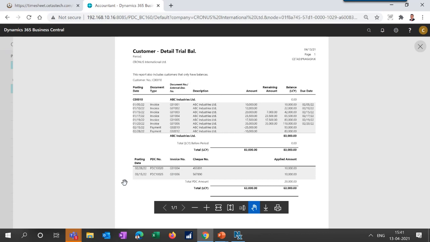Underneath, we are printing the PDC information available for this particular customer. So at any point in time, you will be able to track the total outstanding, the PDC available, and the final amount which needs to be collected from the customer. As and when you post the PDC, it won't be displayed here. Only released-status PDCs are printed in this report.